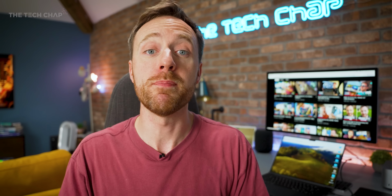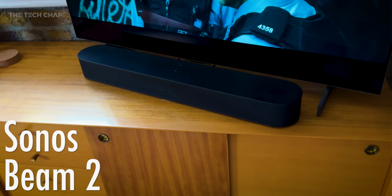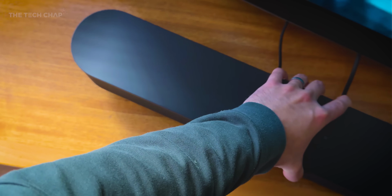Now, sound is of course very subjective, and while they're my favorite earphones, one of the questions I get asked a lot is what's the best soundbar to enhance your audio experience with a new TV, and while you could spend a fortune if you want an all-in, great soundbar that just does everything you need, it's the Sonos Beam 2. With 5 speakers, Dolby Atmos, Google Assistant, and Amazon Alexa, it's a nice, compact sound system with fantastic sound